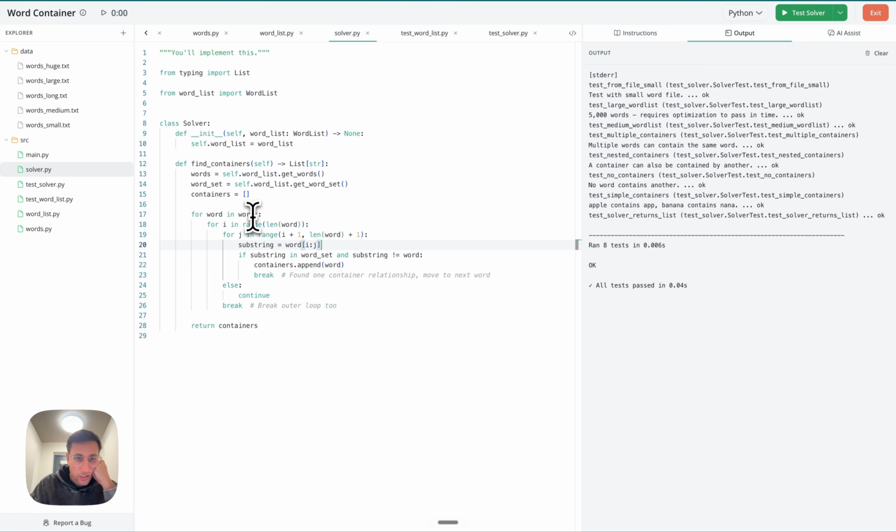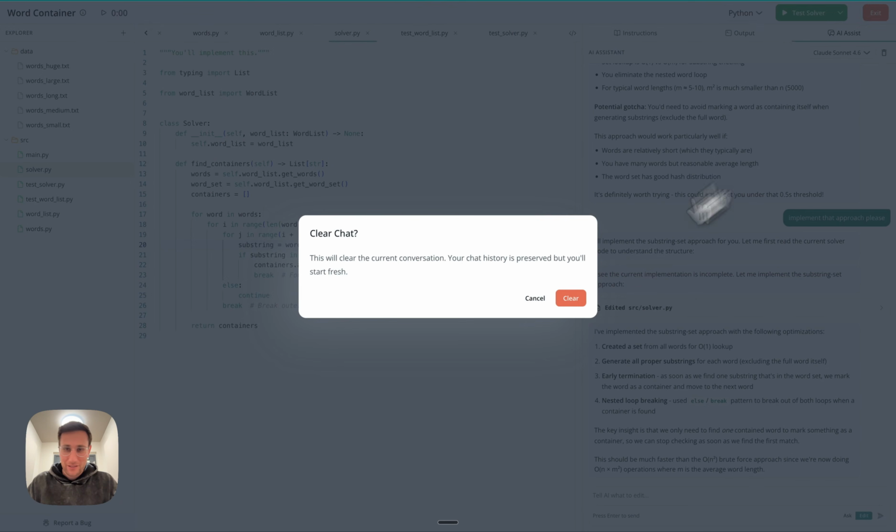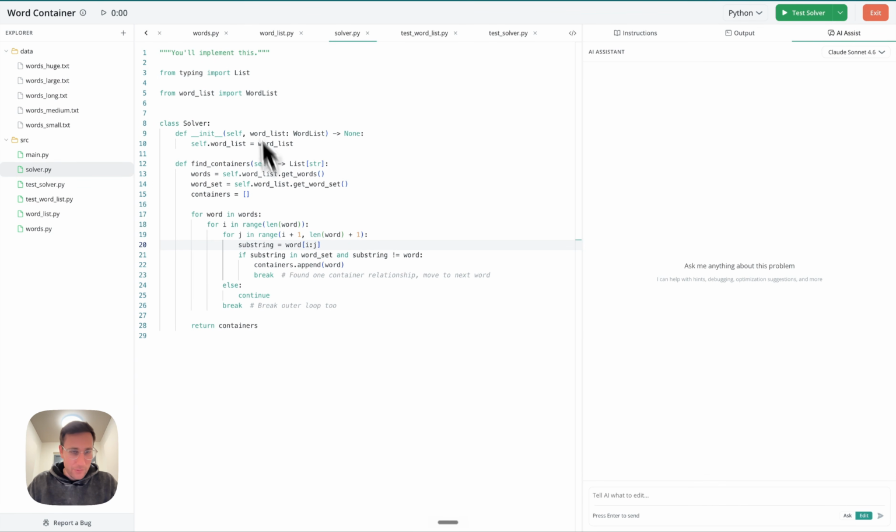It's just wicked fast because so long as the word is small, this is m cubed. It's only wicked fast because so long as the list is longer than the words are long, this is a good solution. Otherwise, it's a bad solution. Hold up, let me confirm that. So again, I'm going to clear. I'm going to make sure I don't have any of my comments about complexity. Then I'm going to say, what is the time